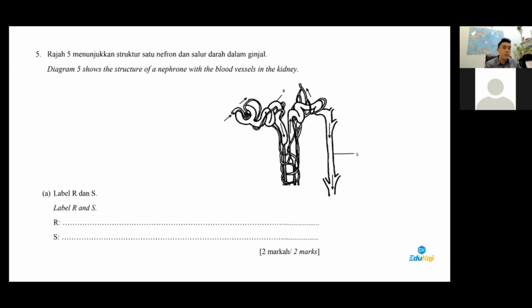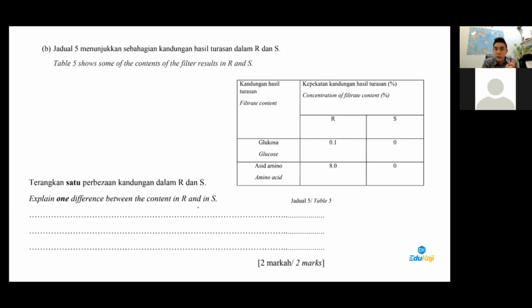Okay, next. Form 4 Bab 13. Label R and S. R is PCT, proximal convoluted tubule. Then S is collecting duct. Guys, S is collecting duct. This question here is a very common question in a sense. Normally in percubaan, they keep asking. So when they ask for one difference between R and S,